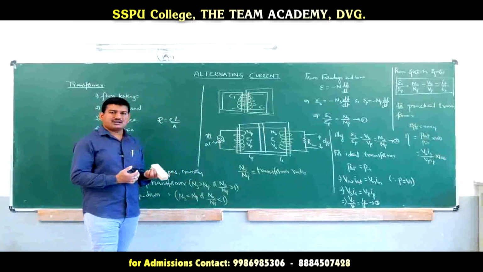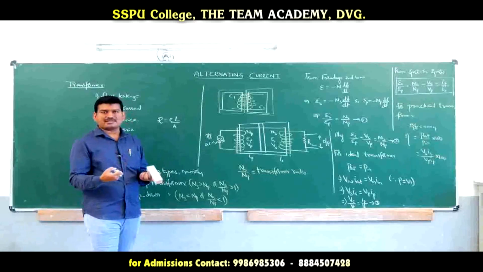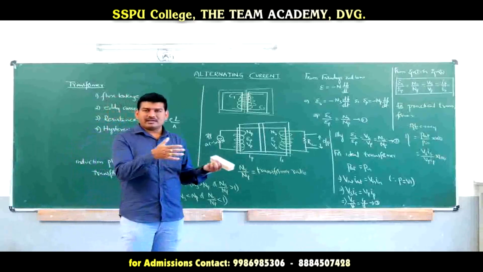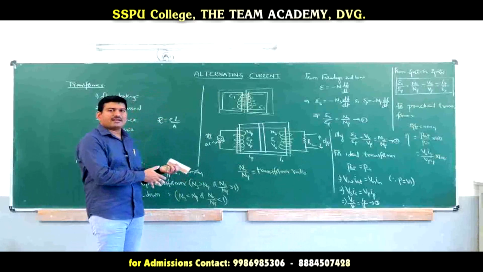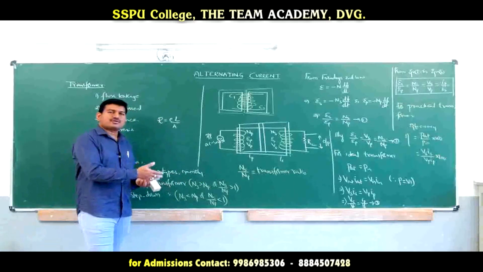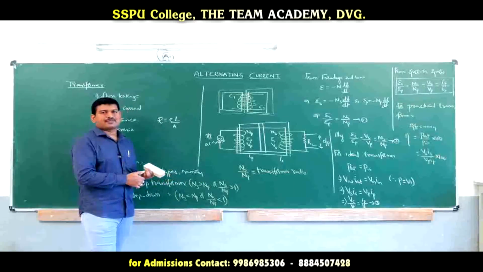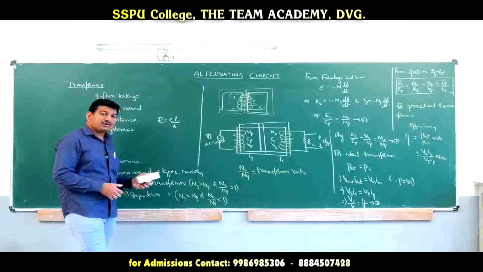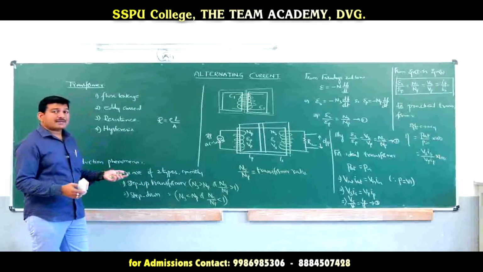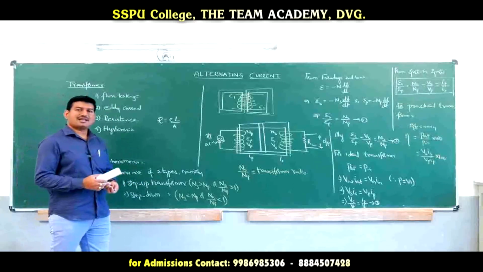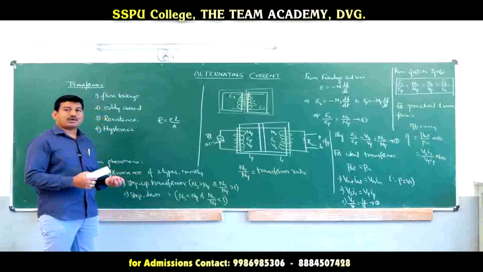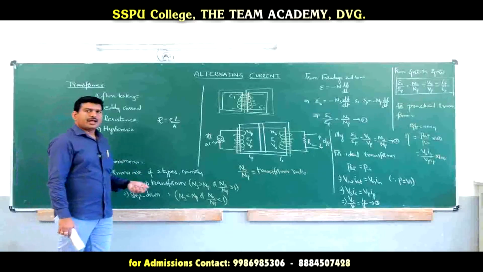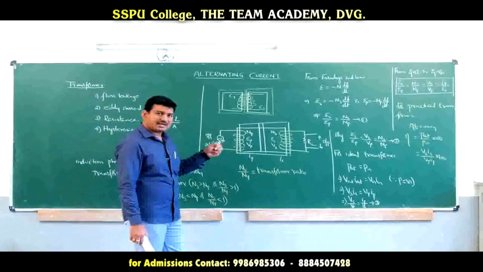While using power in the houses, we require low voltages. Therefore, near the houses we have substations which are used to convert the high voltage to low voltage, and that is supplied to the houses. There we require the step down transformer. In bed lamps, which type of transformer will be used, they may ask. That is the step down transformer. Is it clear? And the efficiency of an ideal transformer is 100%.